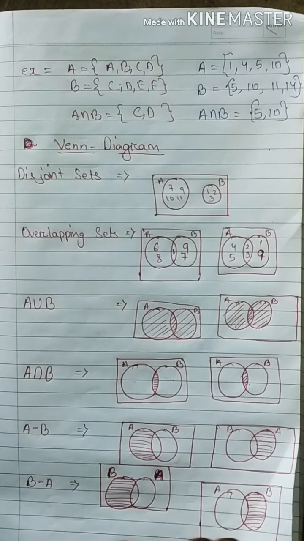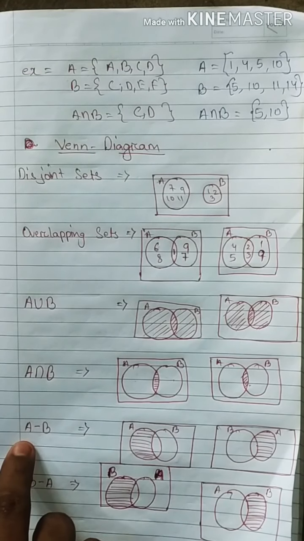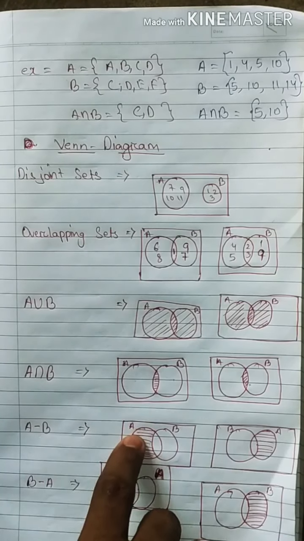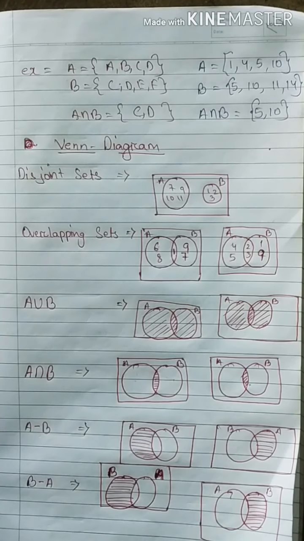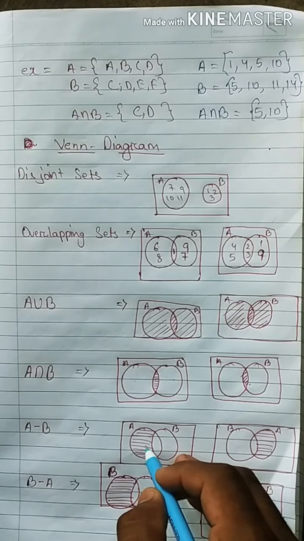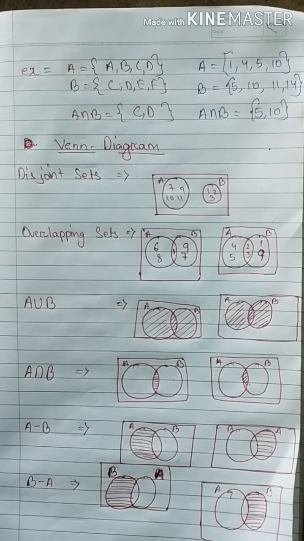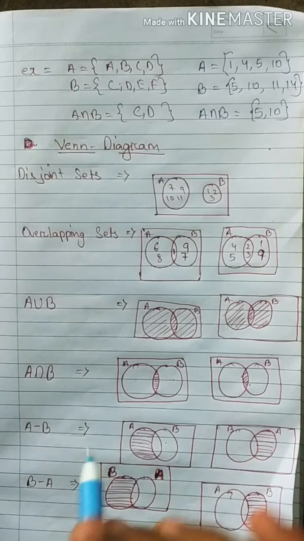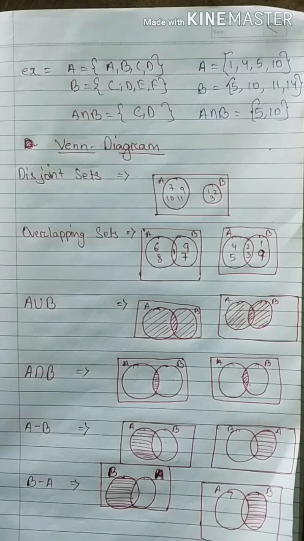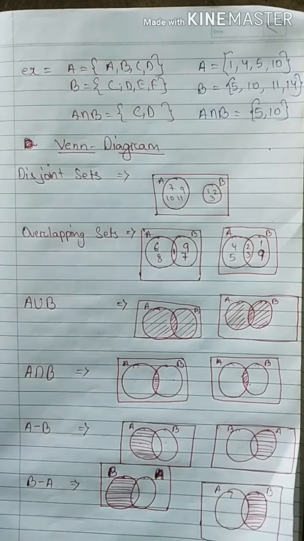Here, A minus B means set A minus set B. See, this is set A and this is set B. When they overlap each other, set B has the same part and set A also has the same part. Which one is not in set B, that is called A minus B. Which one I have shaded is what remains of A, and the elements of B are not included.